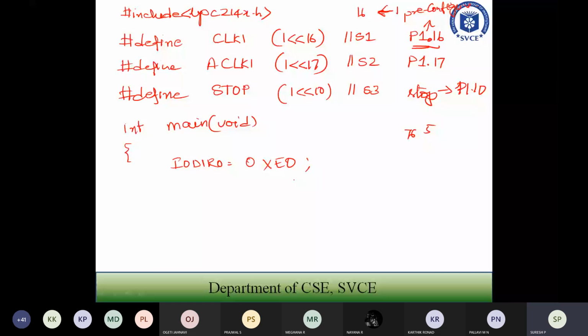Always in your code, these two are used for your clockwise and anti-clockwise direction, that is your 5th bit and 6th bit.